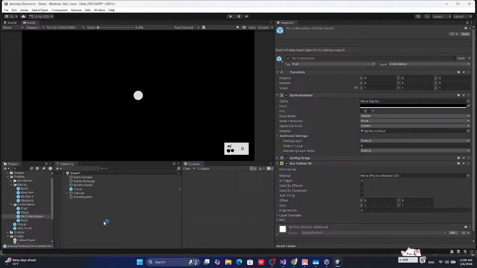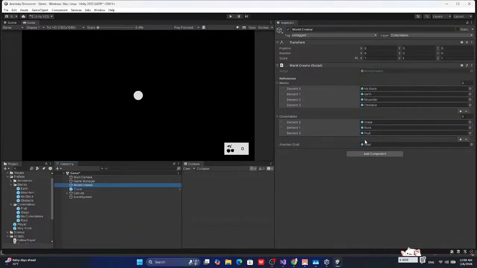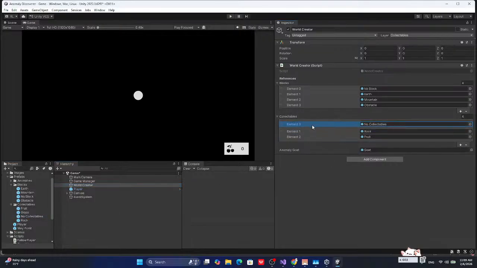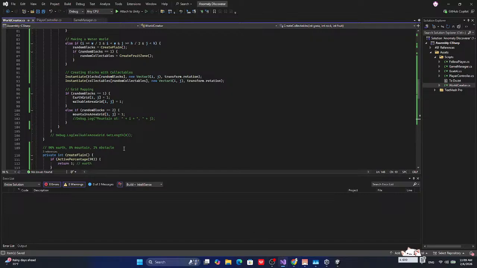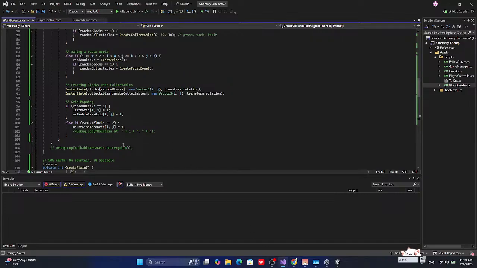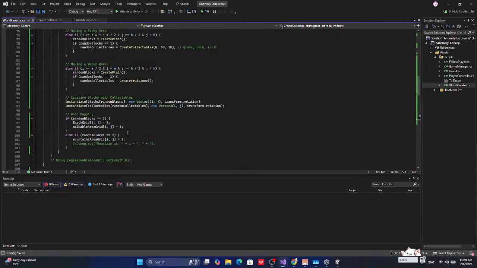So it will be just a simple one. And in the world creator, we need to add collectibles here. Element 3. If random blocks are equal 1,